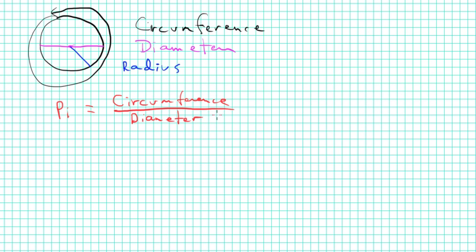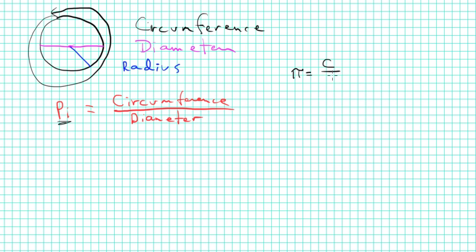Now, you'll be doing a research project and you'll be learning a lot more about pi. It's a fascinating number and a fascinating concept. But this is basically it. It's the ratio of the circumference to the diameter. And somebody found out a long time ago that when you divide the circumference by the diameter of any circle, you always end up with this exact same constant. So we say pi